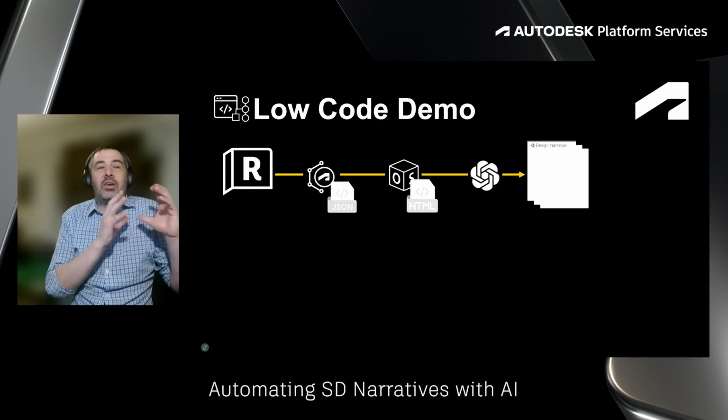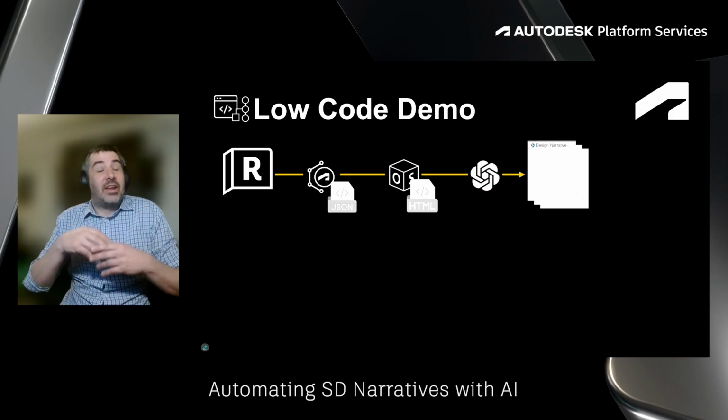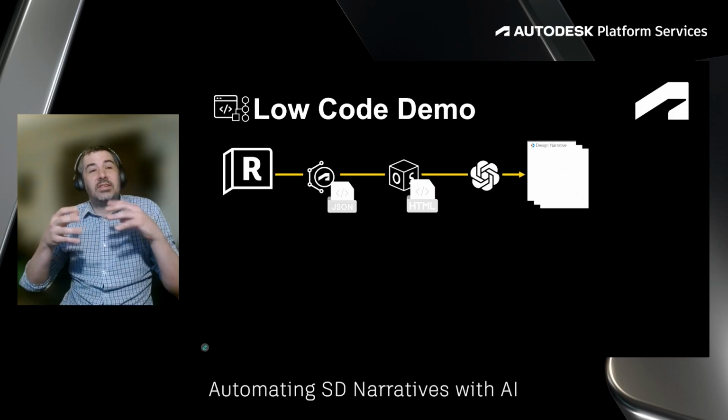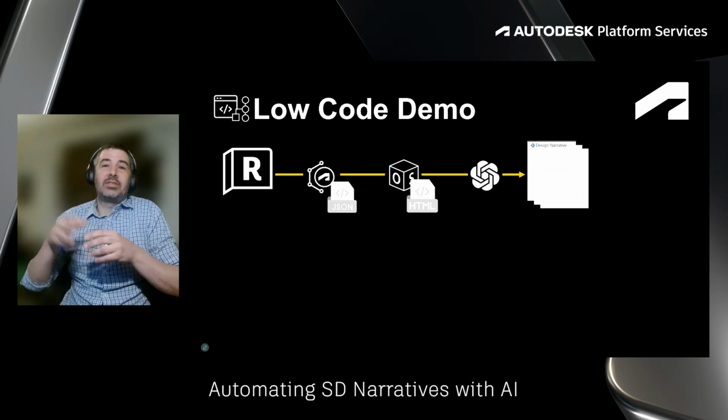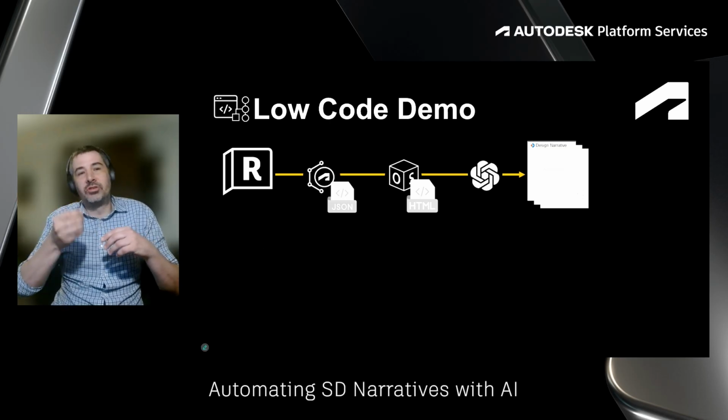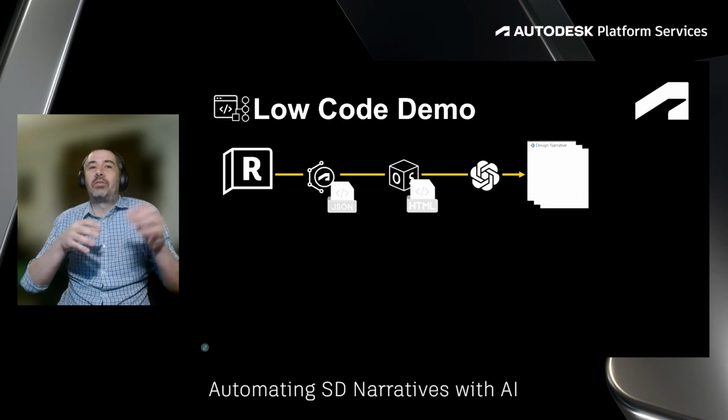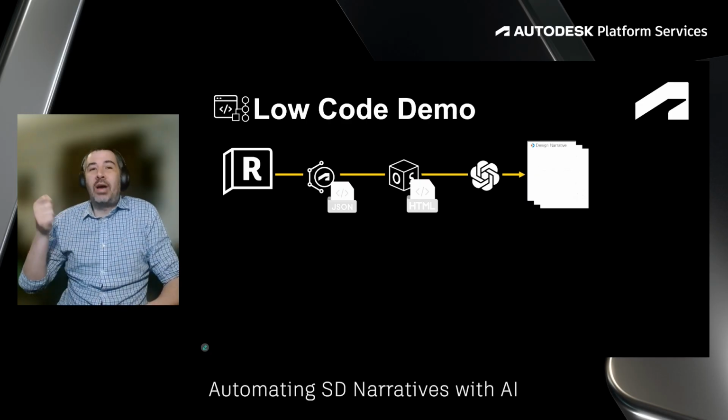So we're going to take some information from Revit. We can actually use the AEC Data Model JSON format to feed it into a large language model. We also have an output from OpenStudio, EnergyPlus, all from Revit. It's an HTML format. That's going to go into the large language model, and we're going to write the design